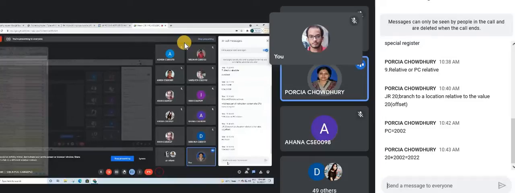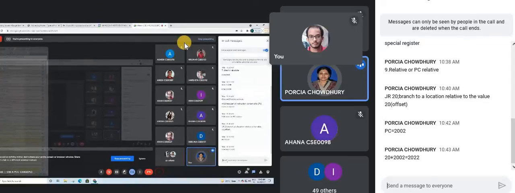Now after fetching the instruction, so you have to fetch the instruction. JR and 20, these are two different parts. JR is the instruction and 20 is the value. So 1 byte each, so 2 bytes. So after fetching the instruction, what will be the content of program counter? 2000 plus 2 is equals to 2002. So altogether, what is the effective address now? Address part of the instruction 20 plus content of a CPU special register, that is 2002, is equals to 2022. Okay, that is your relative address mode or PC relative address mode.